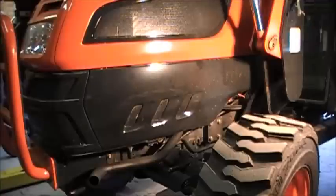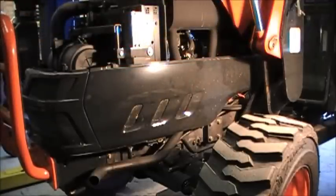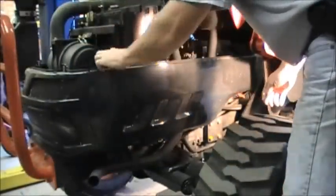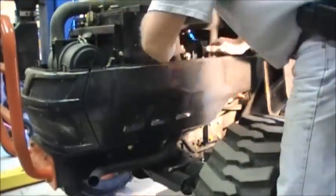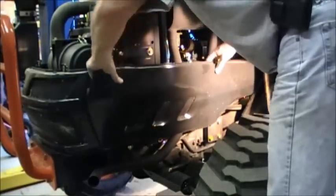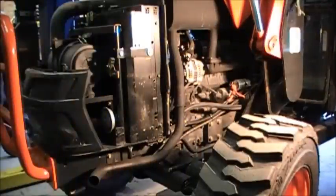Okay, first thing you do is pop the hood. Then this side panel comes off fairly easy with the rubber latch here and a rubber latch at the back. Set that to the side. Then you'll see the